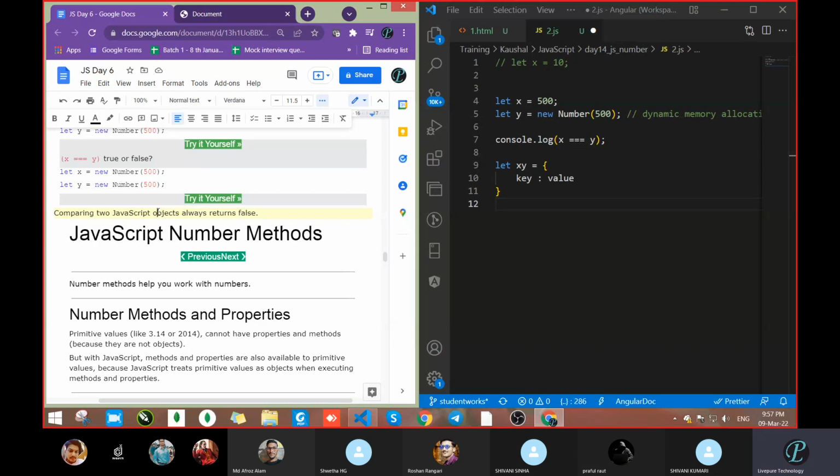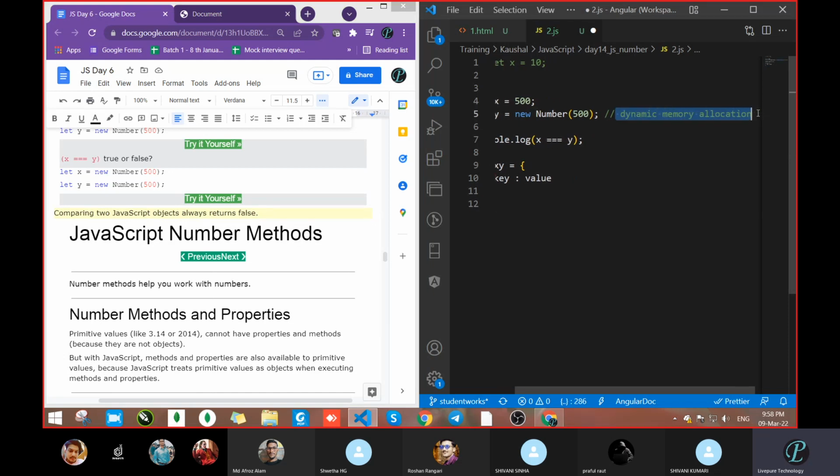So this was something basic: examples of number representation, how you can create a number and all. Tomorrow we will cover the JavaScript number methods. Comparing two JavaScript number objects always returns false. Why? Because of the dynamic memory allocation.